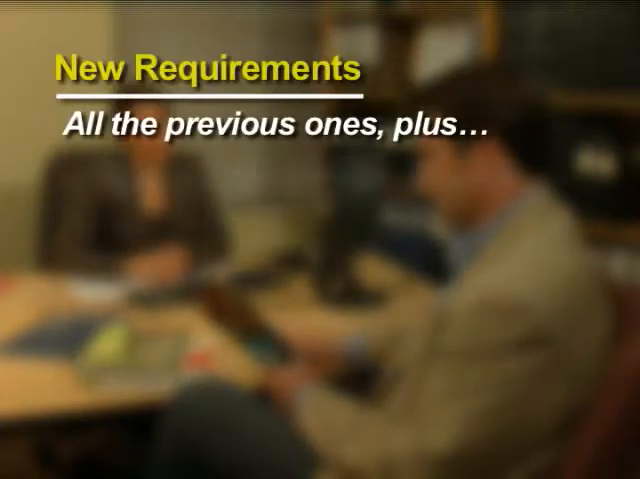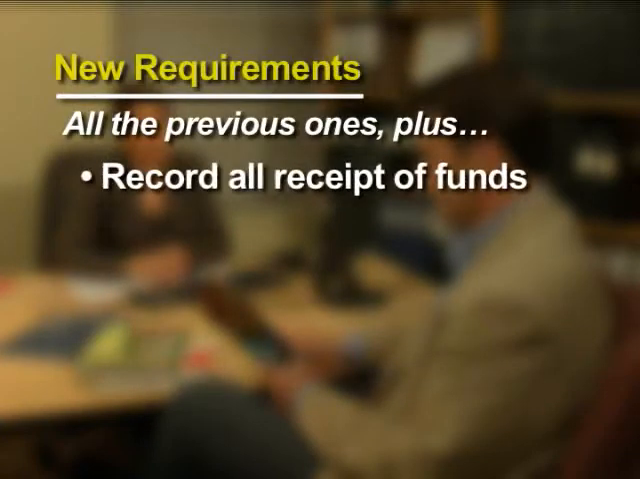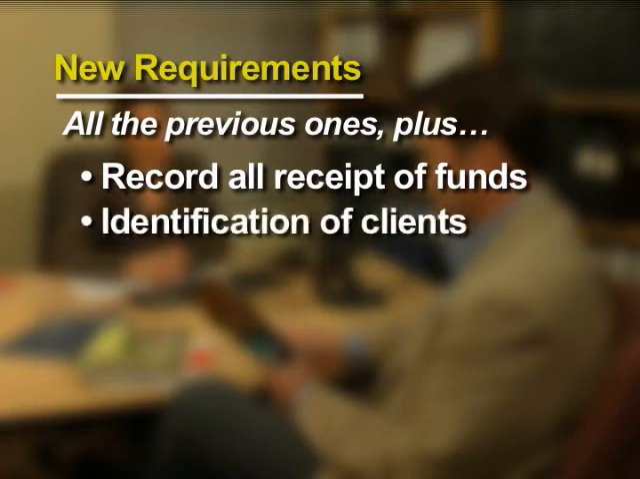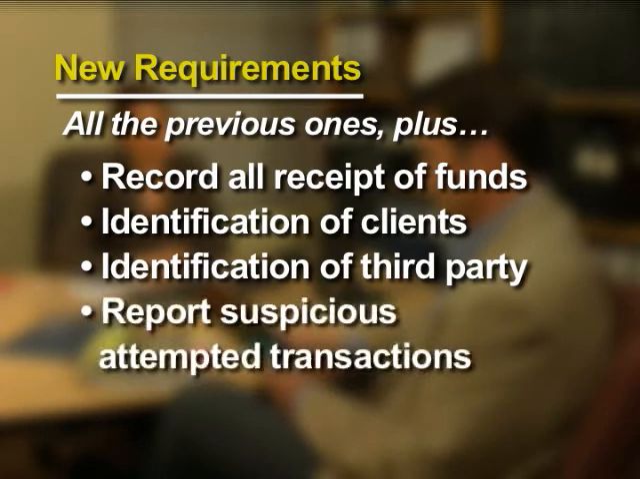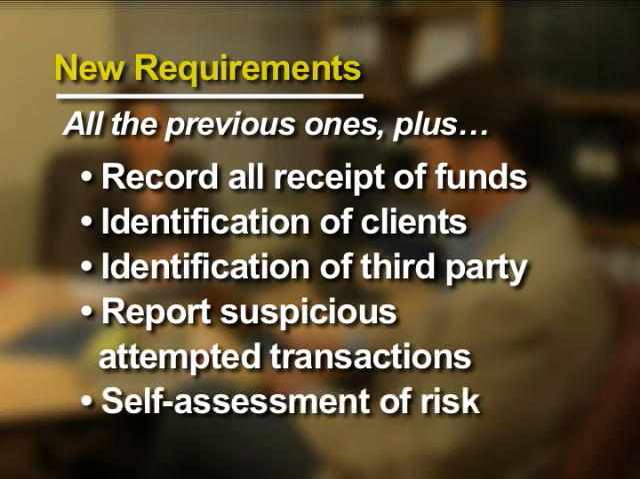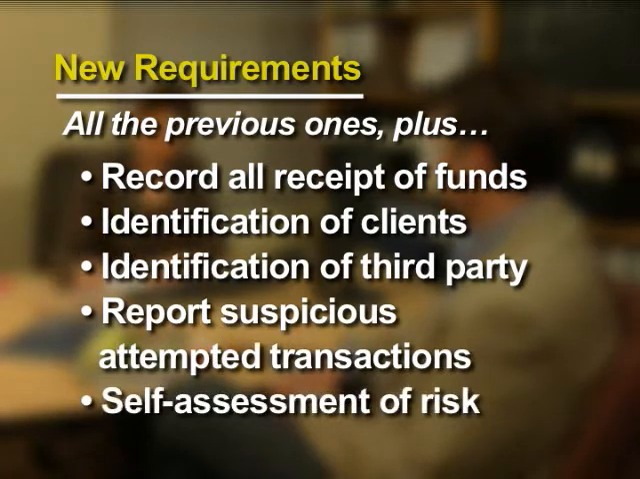You now have to keep a receipt of funds record for all transactions. You have to identify your client in the transaction and keep that record on file. The agent representing the buyer has to identify who provided the deposit. You have to keep all related records if a third party is involved, or if you never meet your client face-to-face. All of these records have to be kept by the brokerage for 5 years. And every 2 years, the broker has to complete a self-assessment of risk and take action to correct any problems